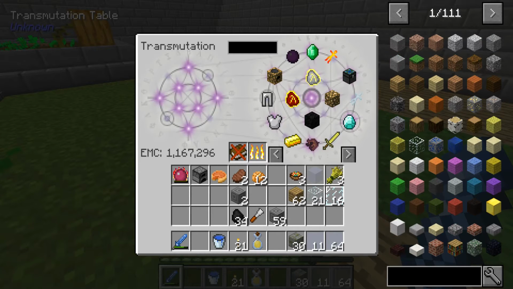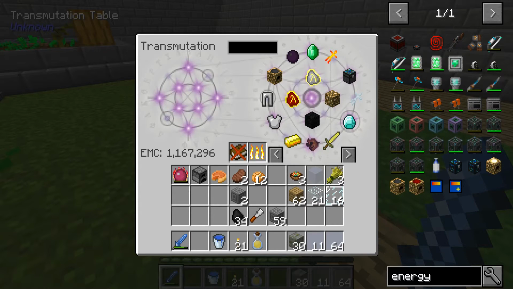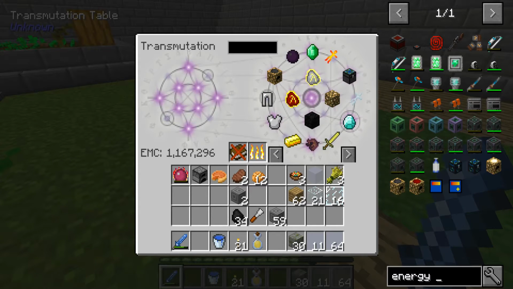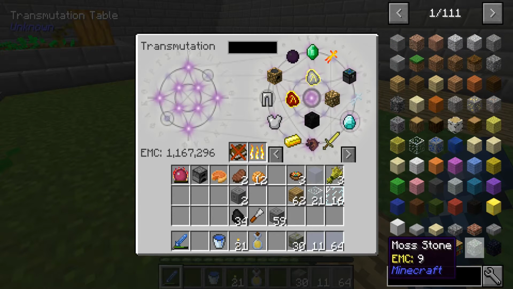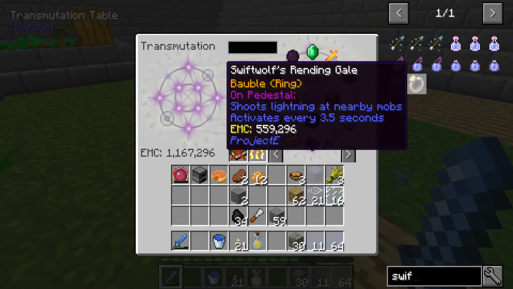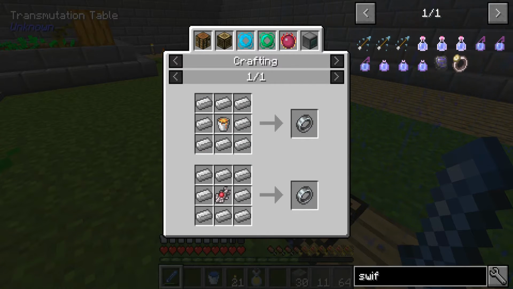Let's see. Shall we look at how much an Energy Collector Mark III is? Oh, it's only 710. Now we can't afford that, because what I really want to get is a ring with a very weird name. It's this ring here, Swift Wolf's Rending Gale. Now this is really badly advertised. All it says is that when it's on a pedestal, it shoots lightning at nearby mobs and activates every 3.5 seconds, and it's worth 559 EMC. So you might think, well, why is it...